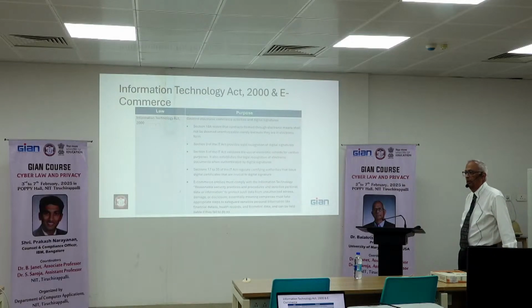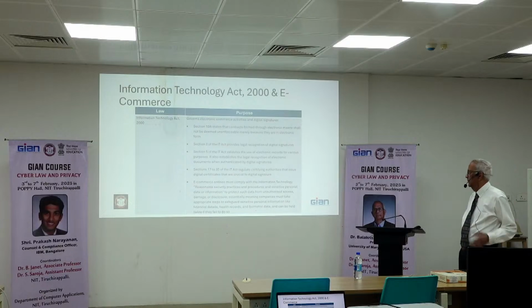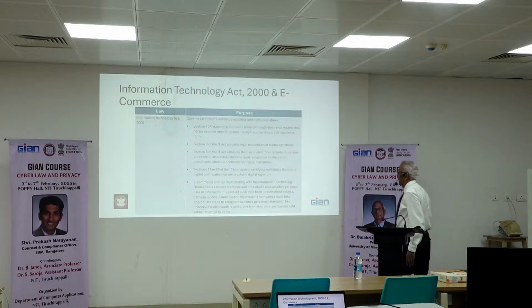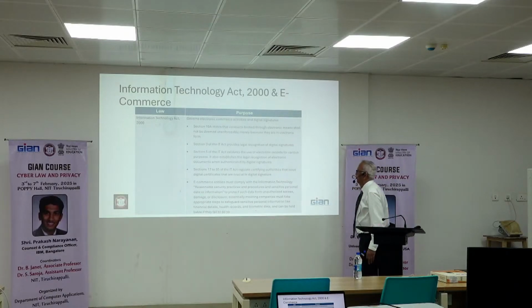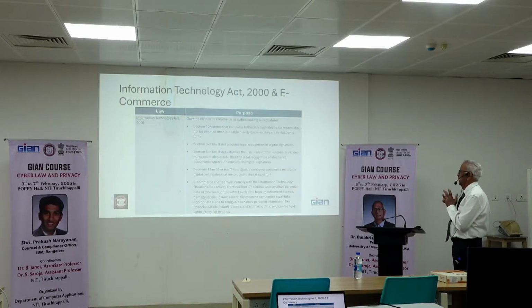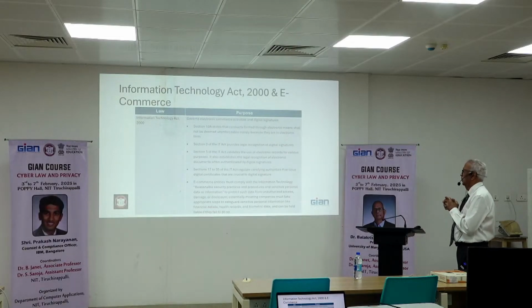In India, you do have a public-private key infrastructure allowed, but there are other forms that are also allowed. An e-commerce entity has to follow reasonable security practices and procedures on sensitive personal data or information. Again, Prakash touched upon it, I also touched upon it a little bit, to protect such data from unauthorized access, disclosure, damage, and so on and so forth.